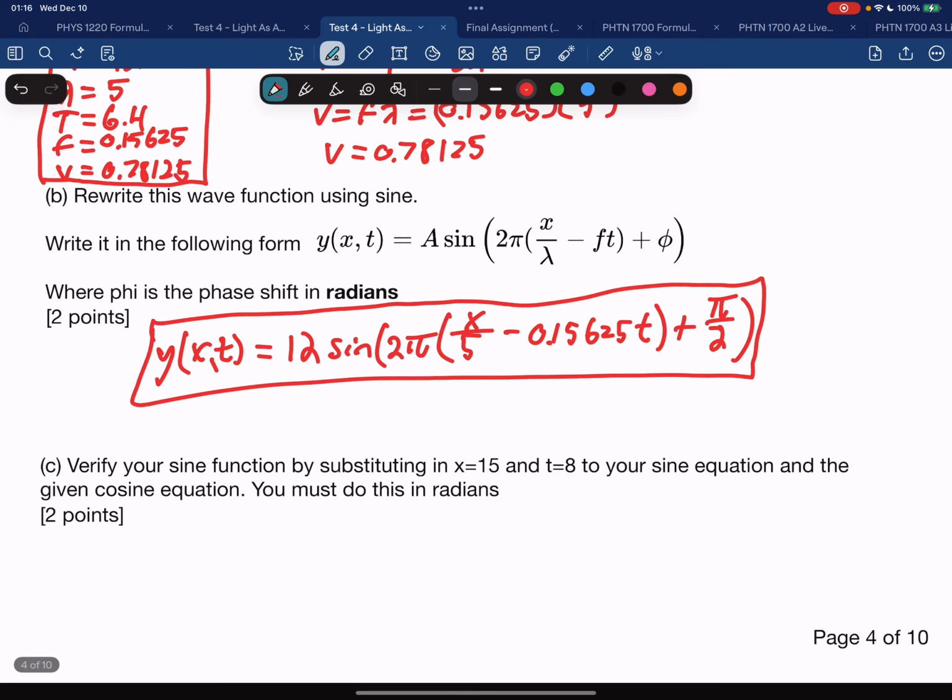Part C, verify your sine function by substituting in x equals 15 and t equals 8 to your sine equation and the given cosine equation. You must do this in radians. Okay, so let's do the cosine first. The given